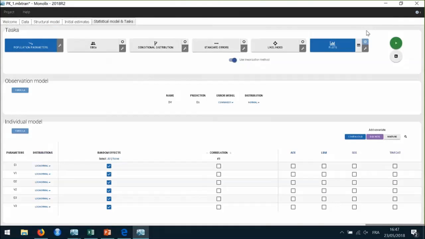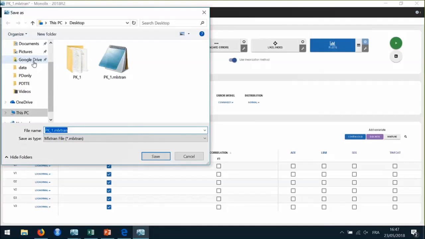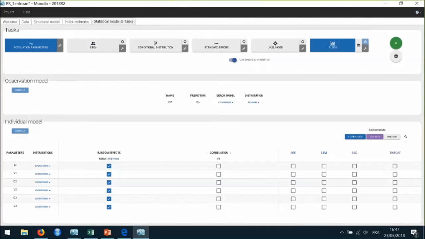I can accept this. I can then keep the default statistical model, and I save the project in a new file that I will name pk2.mlxtran.